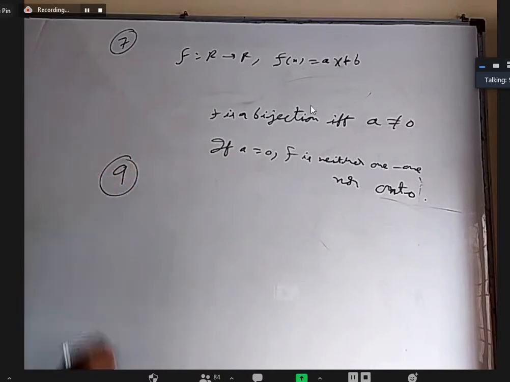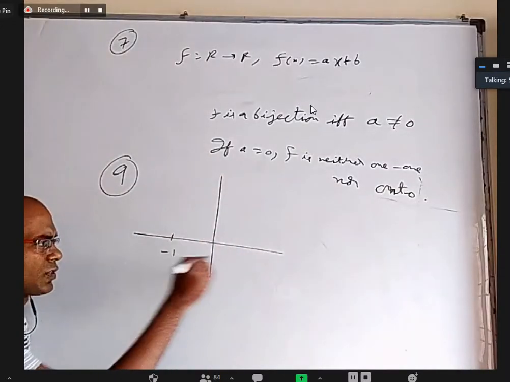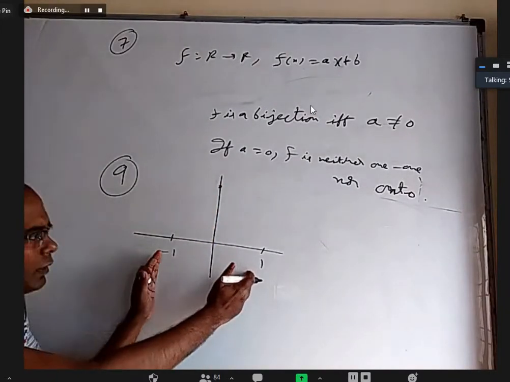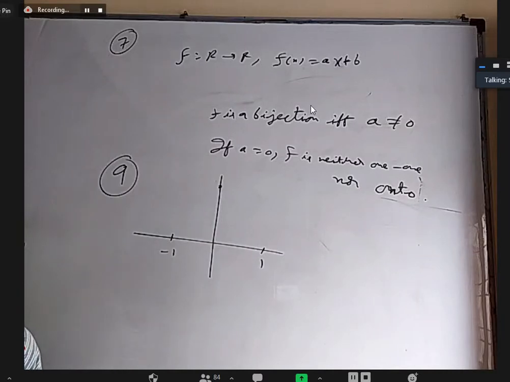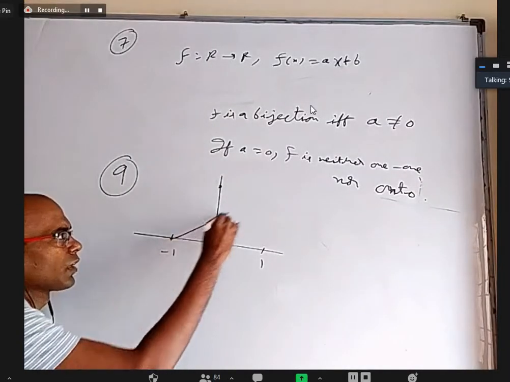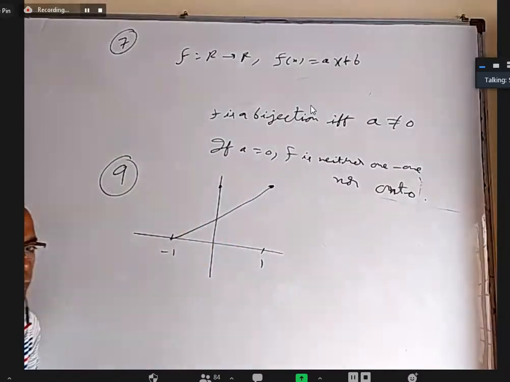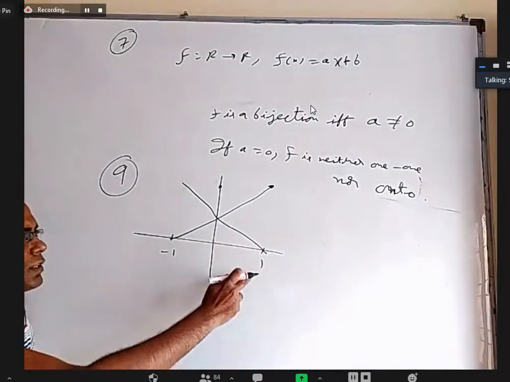Okay, 9th question, what is it? They want a function with the domain -1 to 1 and the range or codomain 0 to 2. So -1 is here, 1 is here, 0 to 2. You should cover this domain and this range, and it should be a linear function. If it is quadratic, we can do a lot maybe. If it is a linear function, then there are only two possibilities. Either it can go like this: at -1 it is 0, at 1 it is 2. Or it can go like this: at 1 it is 0, at -1 it is 2.